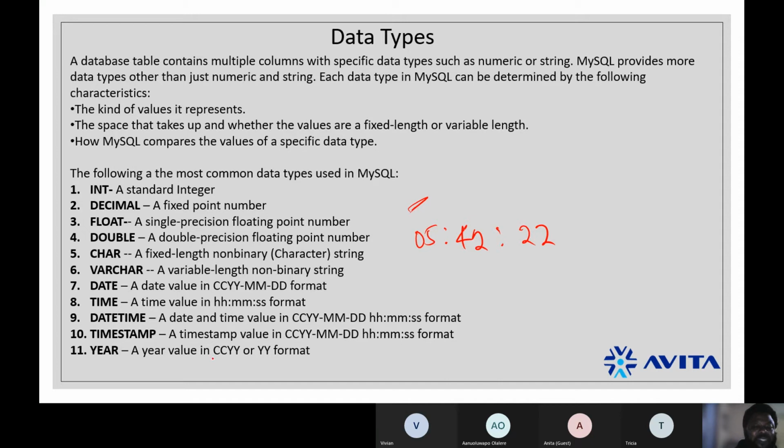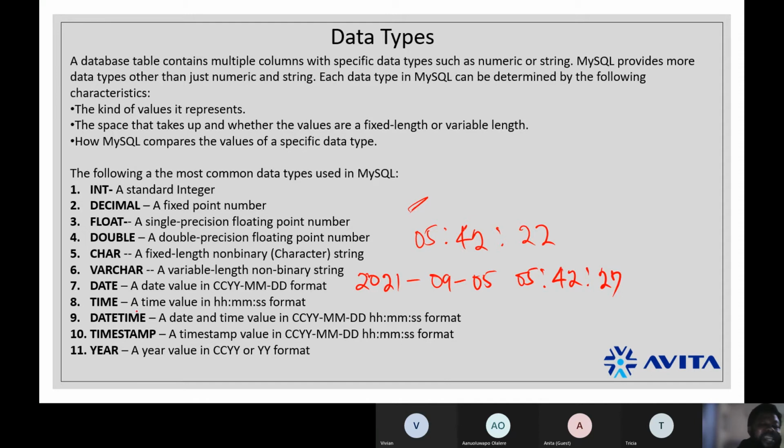Then we have what we call the date time and the full timestamp. The date time is the combination of date and time, and the full timestamp is also the combination of date and day. So if you want to put together a full timestamp, it will be the century, which is 20, the year, which is 21, the month is 09, the day is 05, right? Then we have the hour, 5, minutes, 42, and seconds, 27. Of course, the seconds has increased in time. So this is a full timestamp in the database.